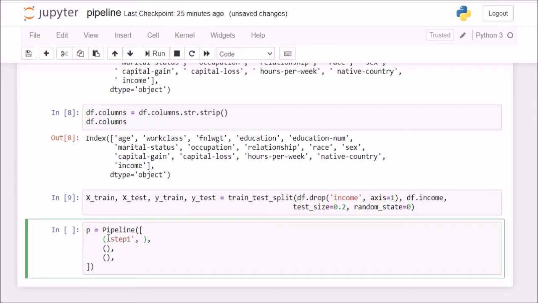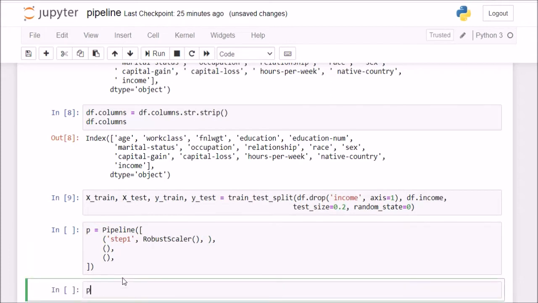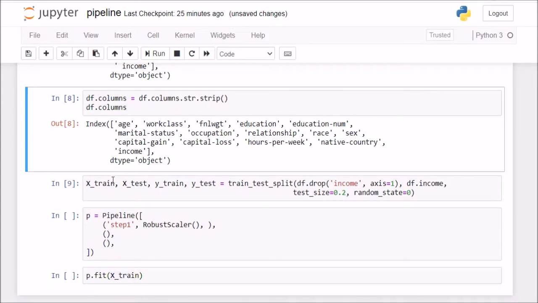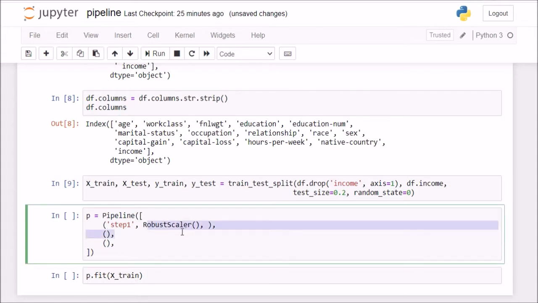So my transformer, for example, if I say I want to apply a RobustScaler, okay, so I can do this, but I cannot supply the column names here. That is because Pipeline doesn't support it. What Pipeline is meant to do is it will simply apply this RobustScaler on all the columns of my X_train. For example, if I do p.fit(X_train), so if I execute this, it will go into this X_train data frame and then apply RobustScaler on all the columns.